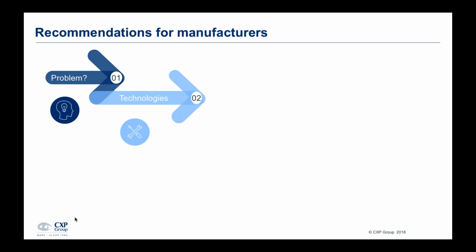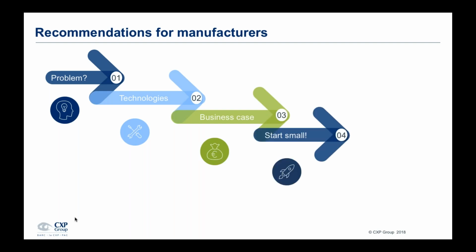And then second, elaborate on how new technologies like IoT, augmented reality, 3D printing, or robotics can help to solve this problem. And third, develop a business case for this concrete problem, but start with a small project to receive business results and an ROI soon. And then, that's actually the most important part, communicate project successes and results, and in particular the ROI internally, as fast as possible to increase transparency and to win management as advocates for further projects. This is also important to motivate team members and potential followers to initiate further projects.